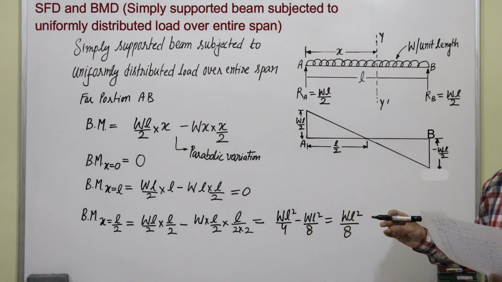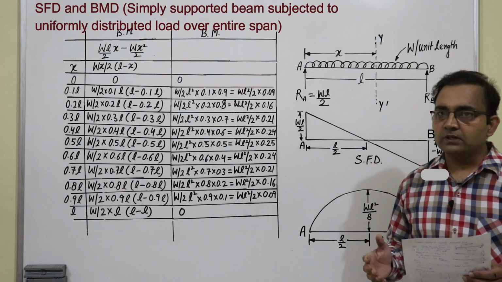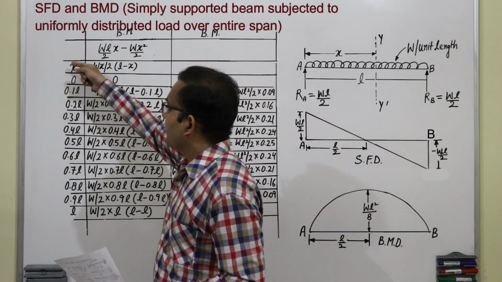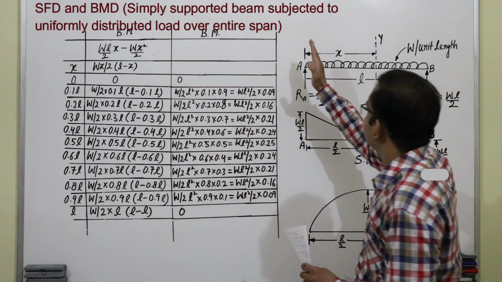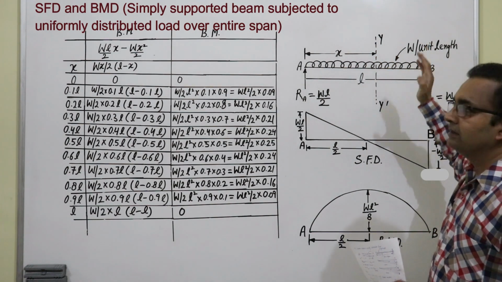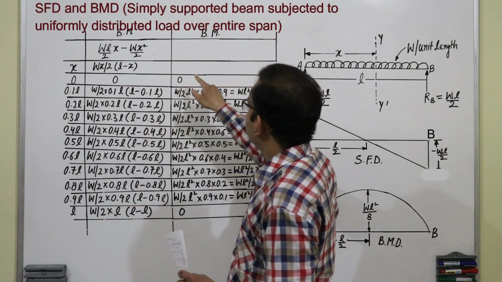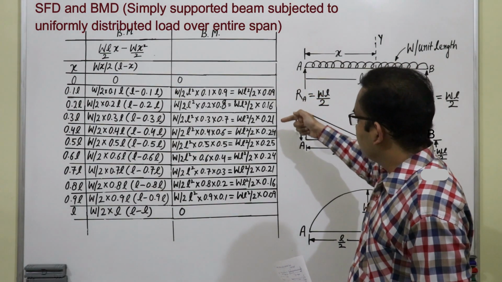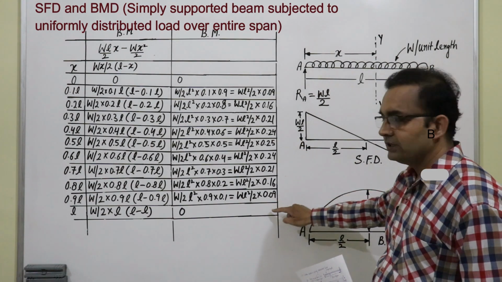Now, we will plot the bending moment diagram. We can also find out the data points of this curvature by keeping the value of x. X is 0 and it is increasing by 0.1 L like this up to L. This is the bending moment equation and we will get its values. So, we can see here it is 0 and it is increasing, and here it is 0.25, and then it is again decreasing and going to 0.